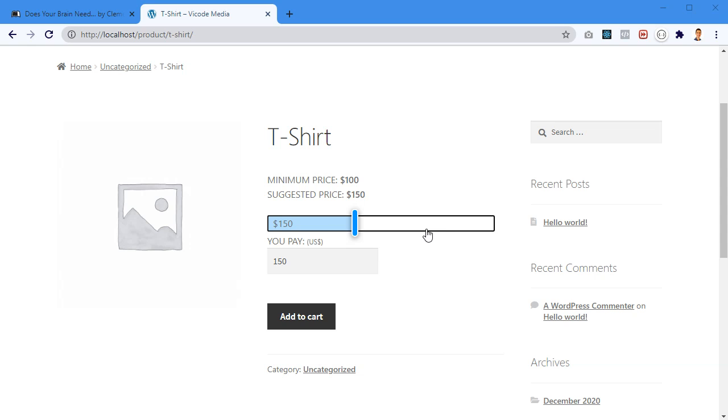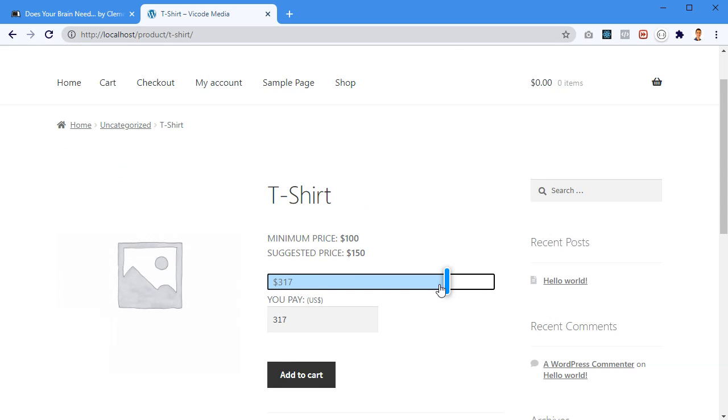So in this video I'm gonna build a WooCommerce custom price slider. Here's the demo. So I have this product here and I have a minimum price which is $100 and I have a suggested price which is $150. And then below here I have this slider which is allowing me to customize the price, can change it. So if I drag and drop it like this, for example, 317,